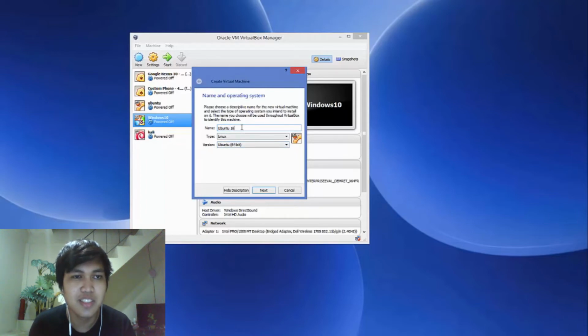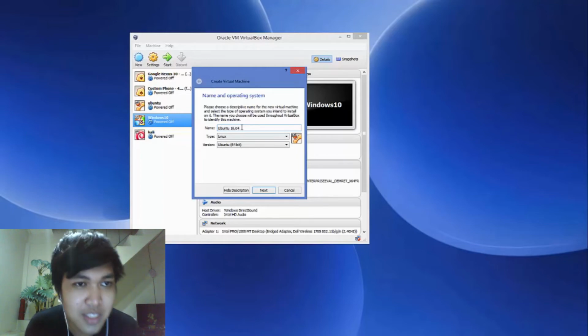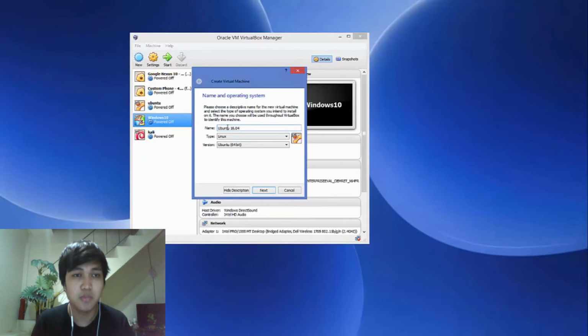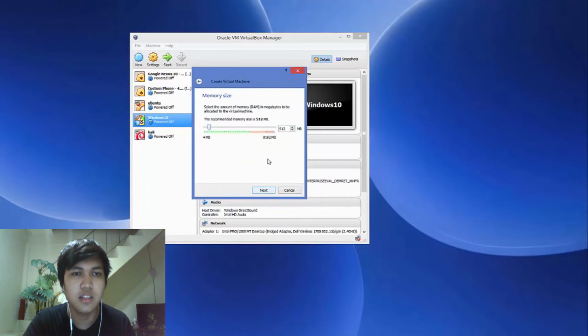But as you can see, Ubuntu already exists in our virtual machine, so I decided to add a version after the name of our operating system. And click next,